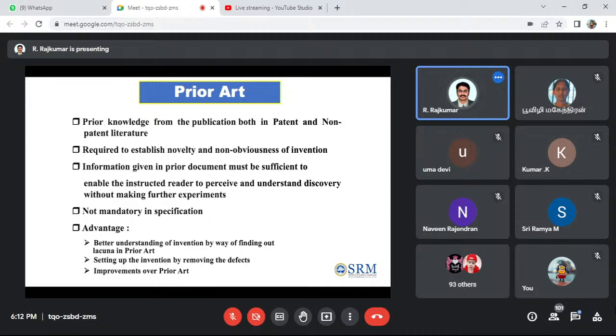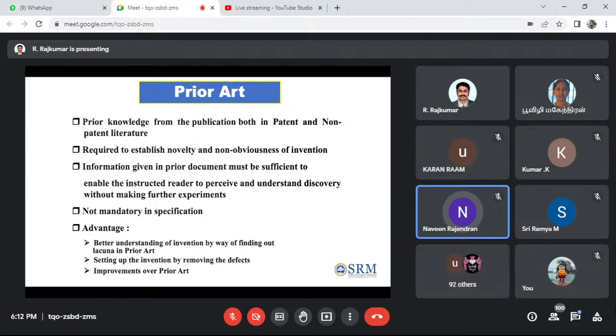Prior art means, I will tell you, the same thing as our bike registration, right? If we buy a new bike, we register it, and while registering they give one number, sometimes a simple number, sometimes a registration number. The same way, whenever we apply for a patent, they give a registration, I mean the patent number.